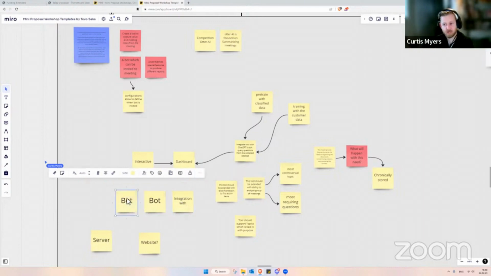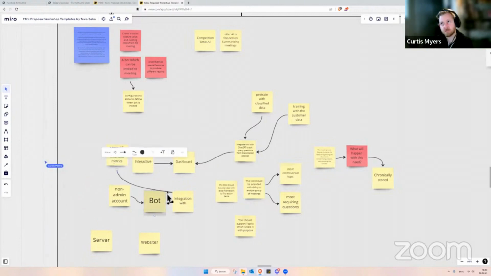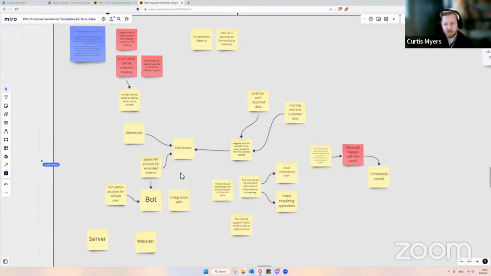There will potentially be options where you can integrate your Zoom account or your Google Meet account, where it would have admin API access to get further metrics. But as long as that bot is joined as a participant, it has full access to the audio transcription, the chat channels, and I want to say even the reactions, the emojis. As a participant, anything that we see, it would have access to. So we can take that in as input.